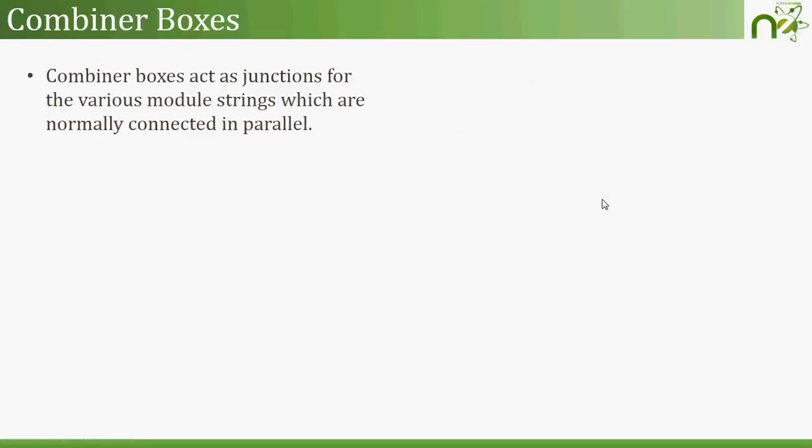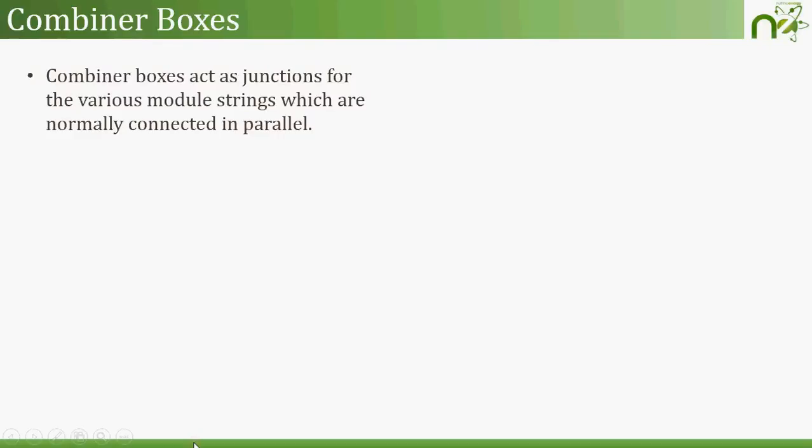Now talking about the combiner boxes. So what do combiner boxes do? Combiner boxes just act as a junction. If you think of a railway junction, where lots of trains are coming in, it acts as a junction area for the traveling passengers. It's the same in a solar PV system,